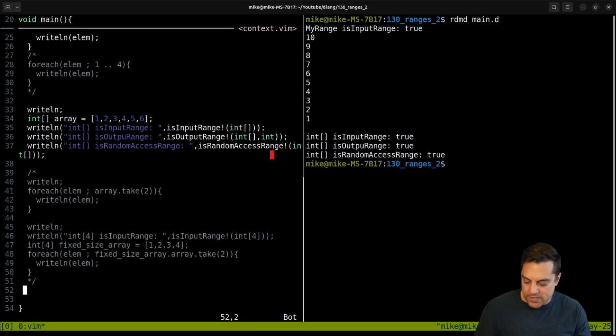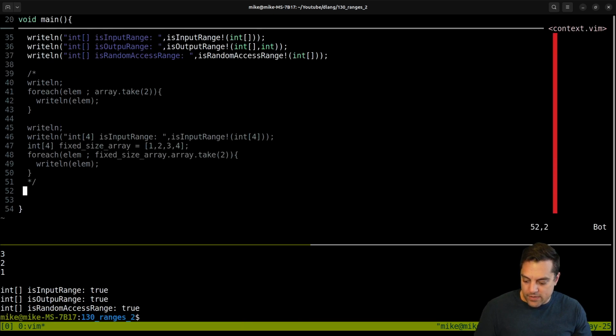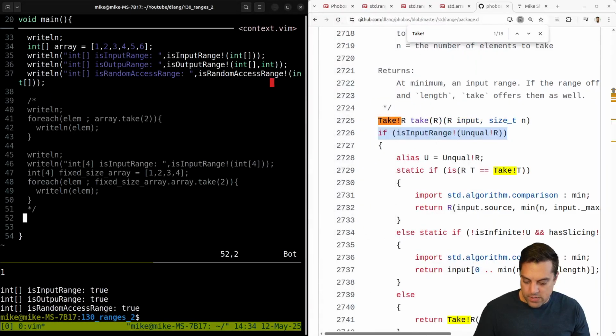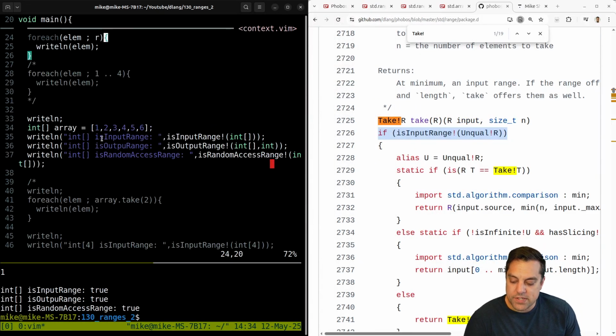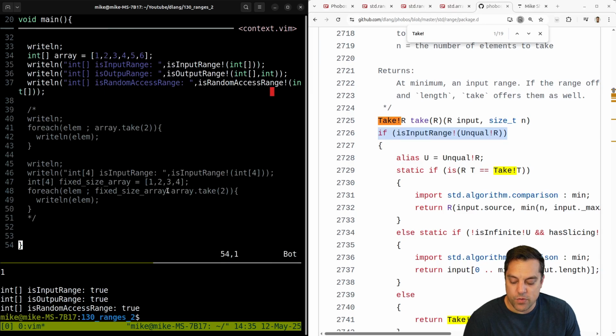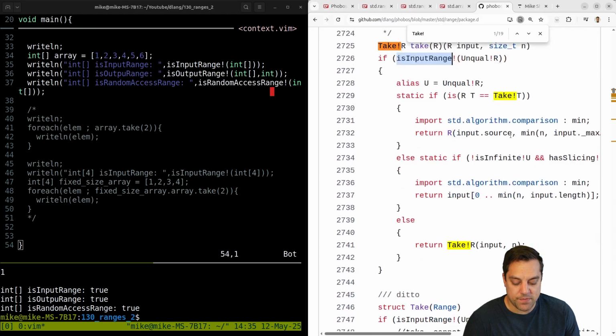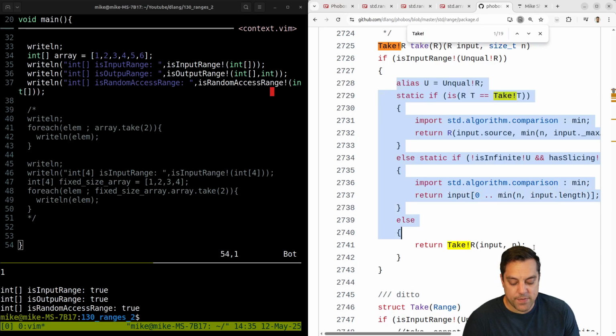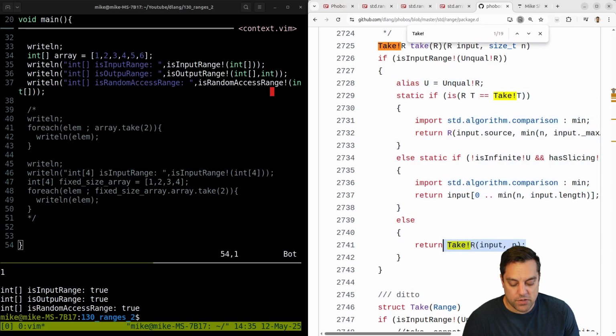Let me keep my terminal window available for you. There we go. But what we saw is that, again, with our dynamic arrays, they conform to this interface here. But before, we needed to do the dot array to make sure that we can make this function call if it is an input range. It's going to do a couple of static checks here, but ultimately it'll call the take